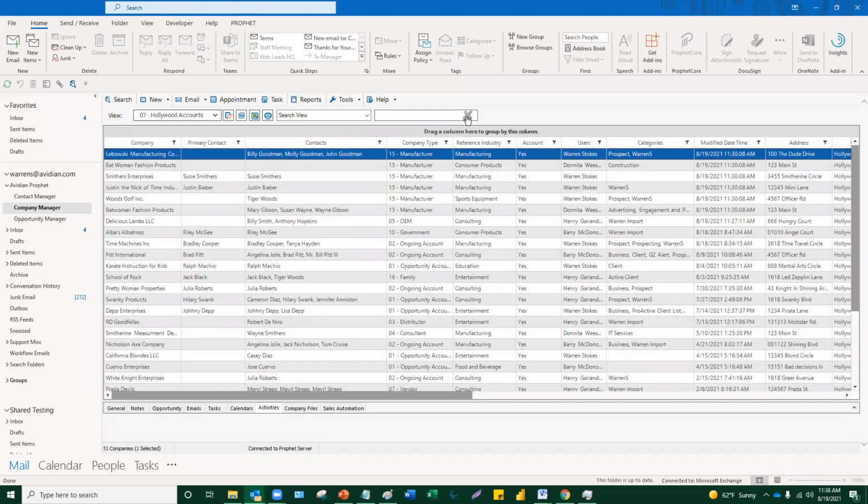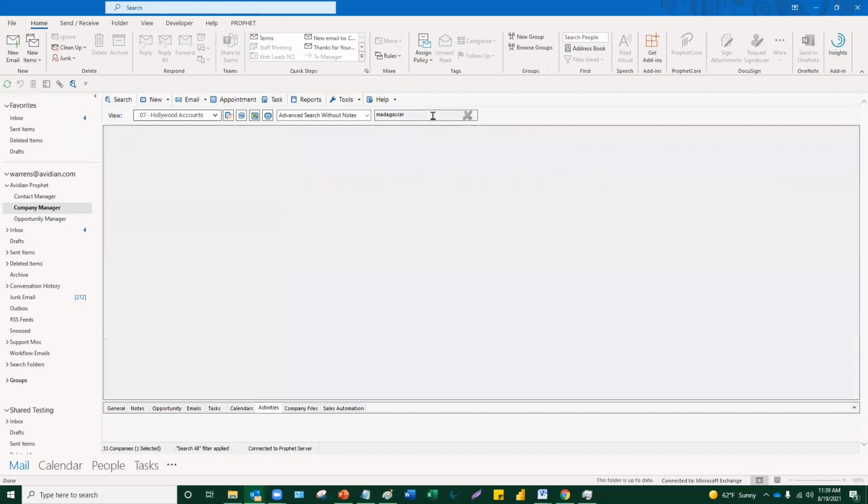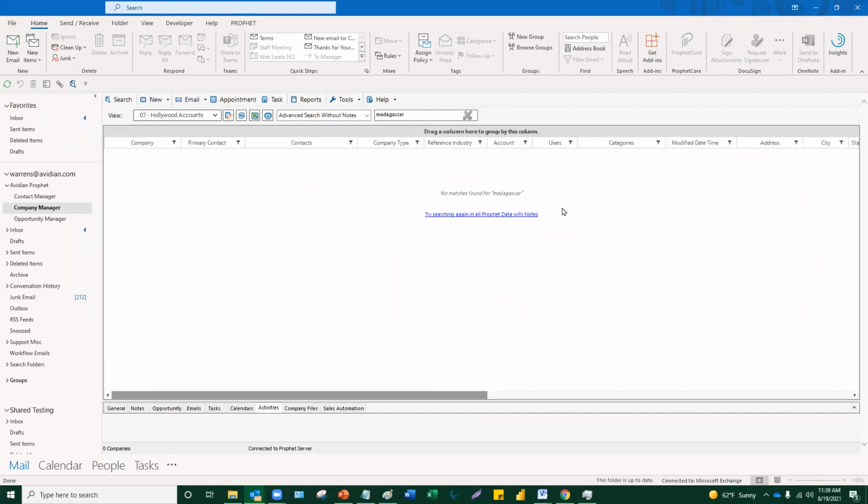So you can clear that search. So we've got column search, we've got search view. Now, another thing you can do is you can search for records and include a search of the notes. This is pretty interesting. I'm going to just type in a term. If you typed in something like meeting, you'd get 1,000 records. But if you type in a very specific search term, like in this case, I'll type in Madagascar. Well, what's interesting is